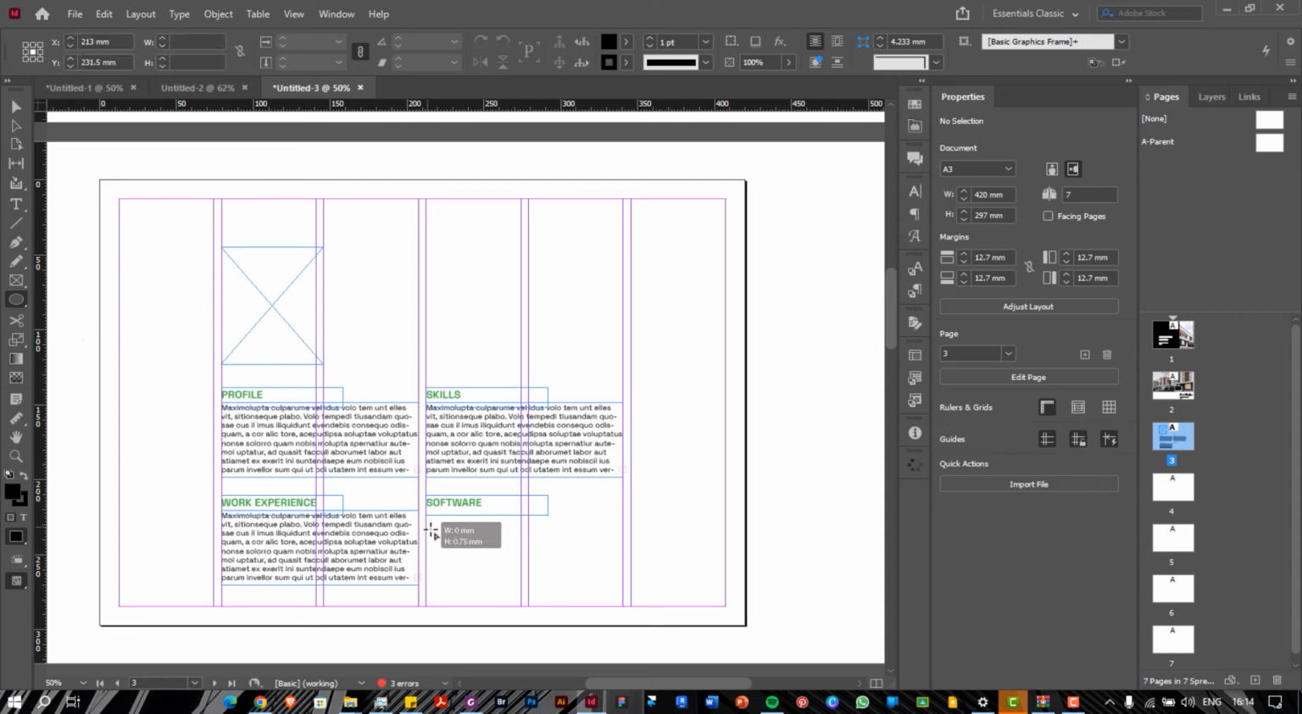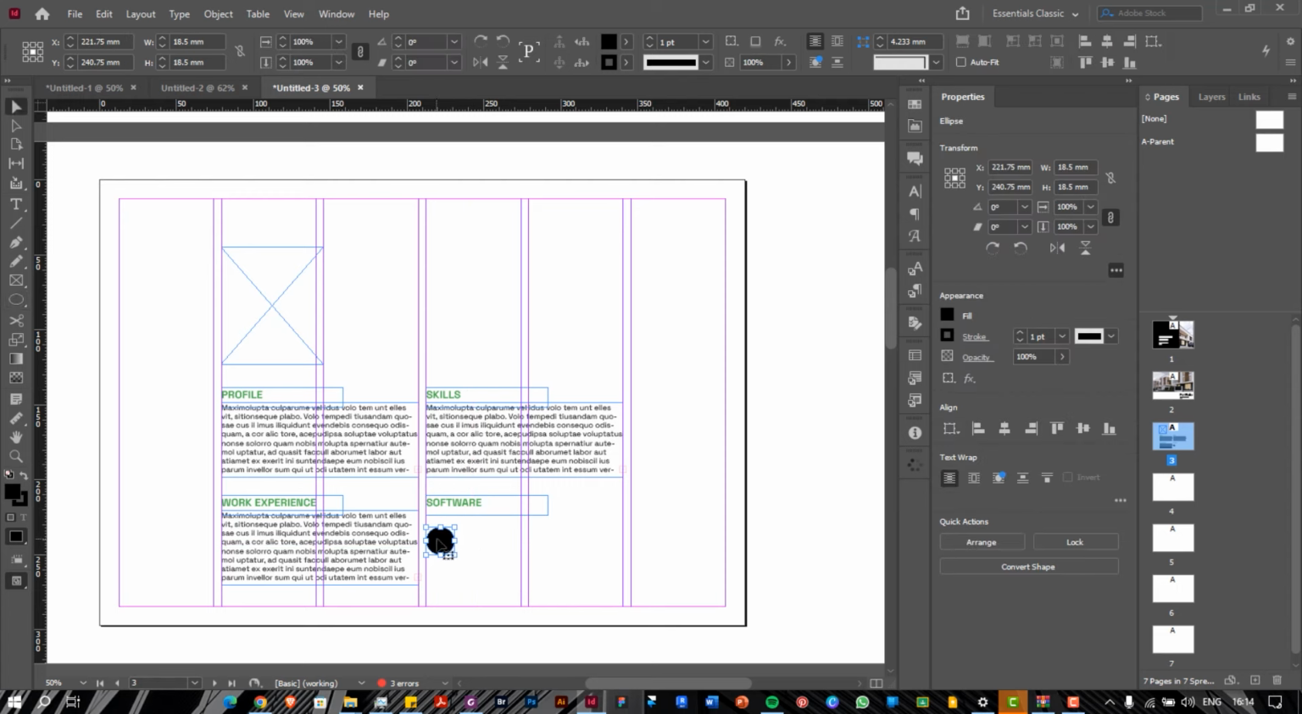And a circle is an ellipse, so to achieve that circle you can increase and reduce it proportionally. You just hold on Shift for the circle, then hold on Alt to duplicate. Yes, like so. Duplicate and drag. That way we can